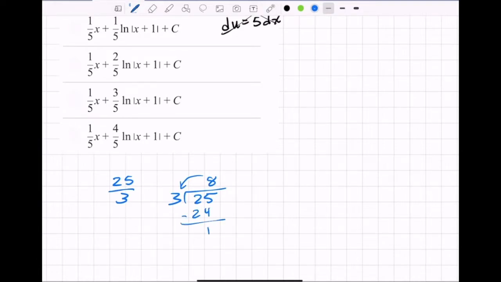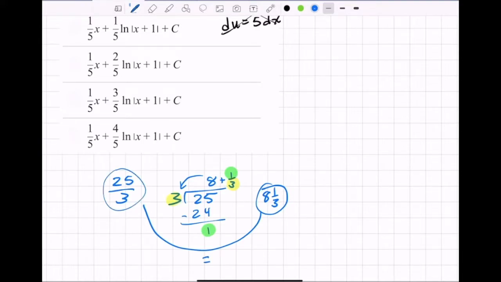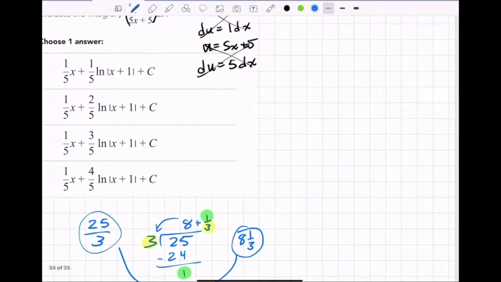So what's my answer? If you had an elementary school teacher that taught you R1, remainder 1, that was like the worst thing to teach students. In fact, what you should have said is plus 1/3. That's what's left over. What's on the bottom goes on the numerator, and whatever you're dividing by goes on the denominator. So 8 plus 1/3 can be rewritten as 8 and 1/3. This is the same as this. They're the same. Okay, all right, so how can we use that algorithm, that division, to help rewrite this nasty